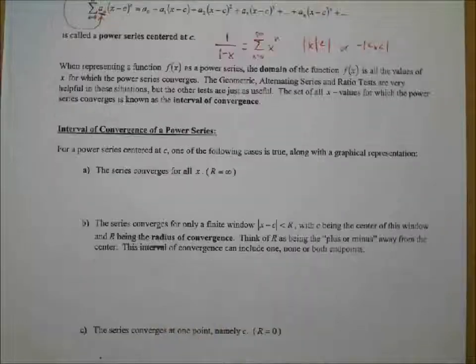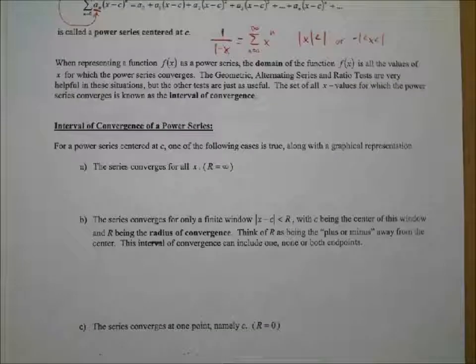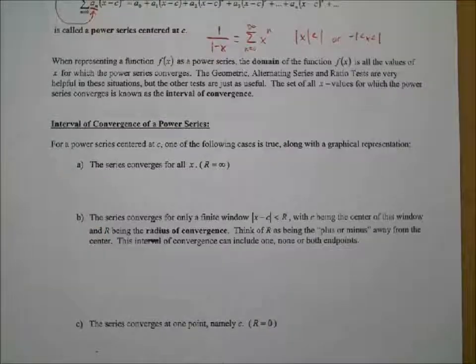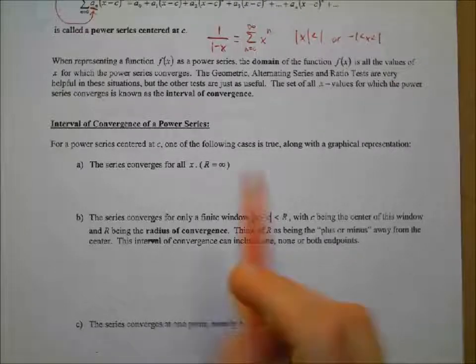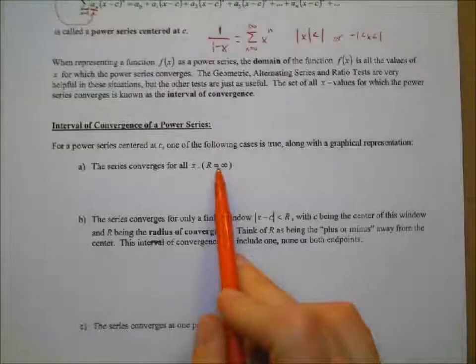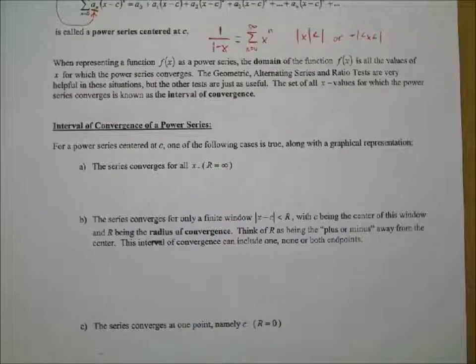Okay, but let's continue back to where we started from. So we're just talking about the interval right now. For a power series centered at c, one of the following cases is true, and we'll give a graphical representation, okay? Option 1 for your interval of convergence for a power series: the series converges for all x. In other words, R, which we'll call the radius of convergence, will be equal to infinity. So in other words,